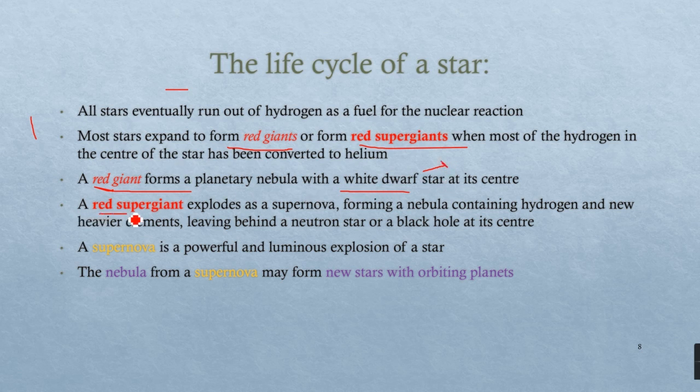Then the red supergiant will explode and form a supernova, and this supernova will create the nebula that can create other heavier materials containing hydrogen and heavier elements, and then it will leave behind a neutron star, or it will leave a black hole depending on the mass of the red supergiant, how heavy the red supergiant was. A supernova is basically a powerful and luminous explosion of a star,